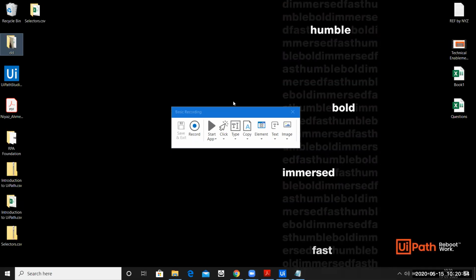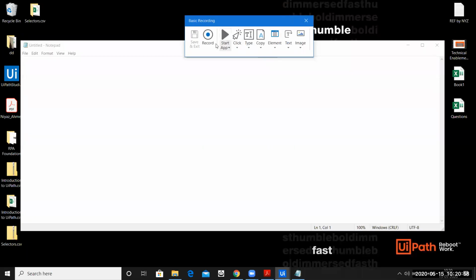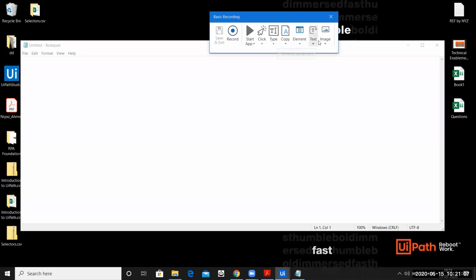Now, the moment you click on recording, a new window opens up where you have some n number of options available. The very first is the record screen. This is where all the recording will happen, or you can manually click on any of the activities from here. So you have start application and close application. Then you have click activity, type into, copy element, image, and so on.